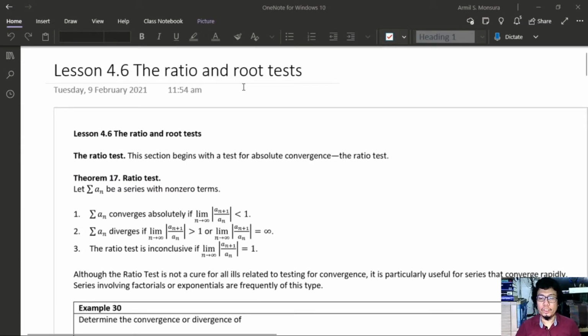Okay, so we continue with a discussion of the last two tests that we can employ in order to determine the convergence or divergence of an infinite series. Later in this lesson, we will also address the issue of how you would be able to determine which test applies to a certain series. Given a series, how would you know what type of test you can use for that